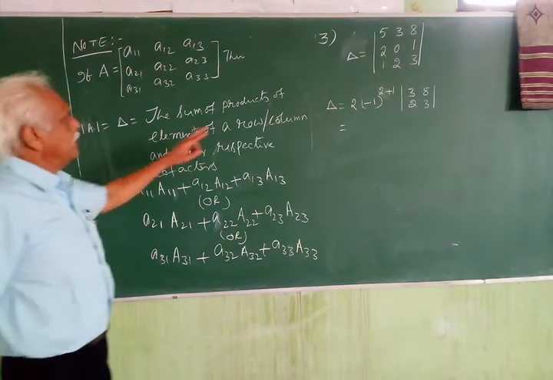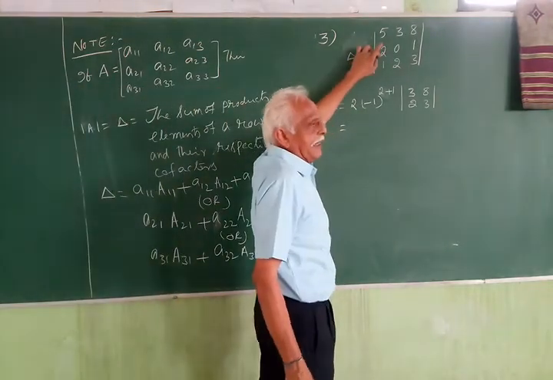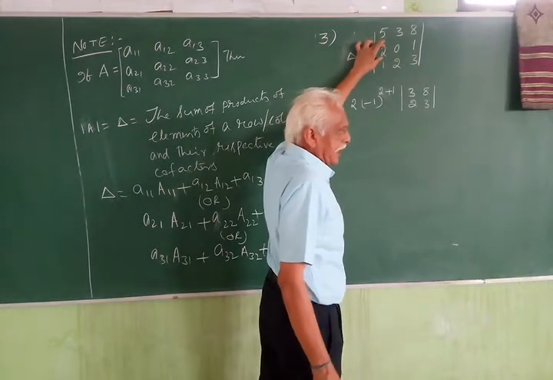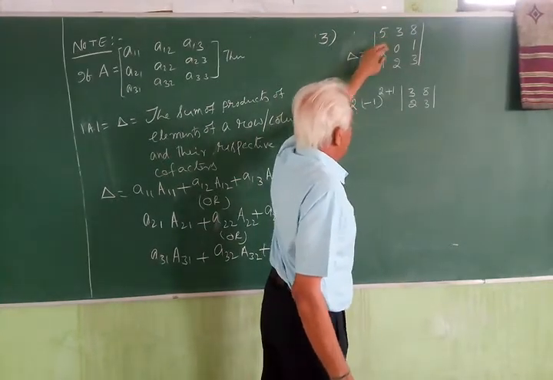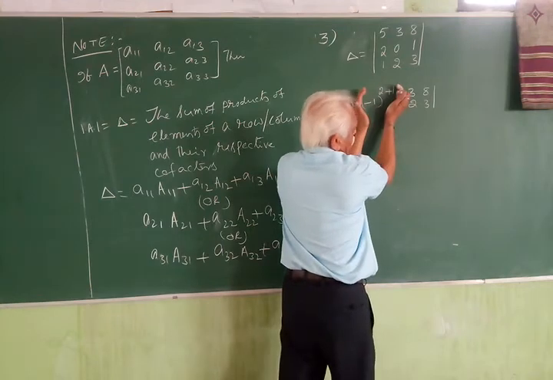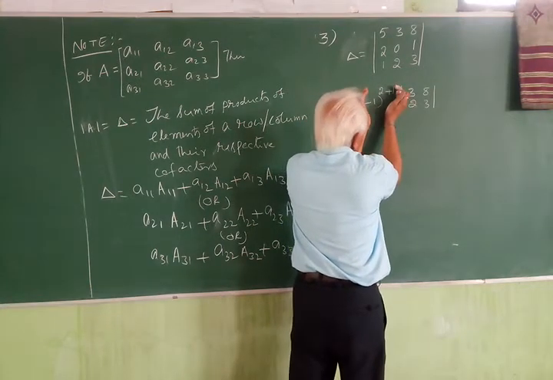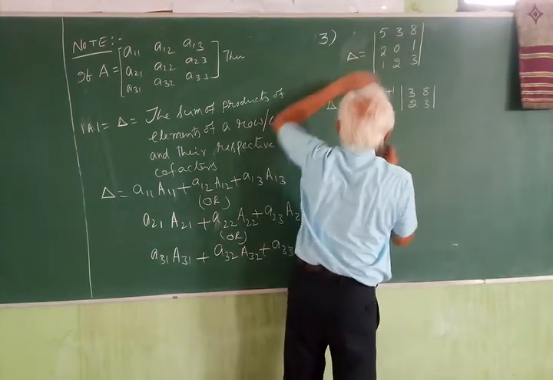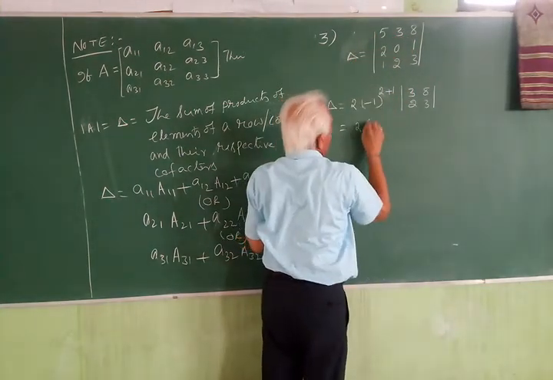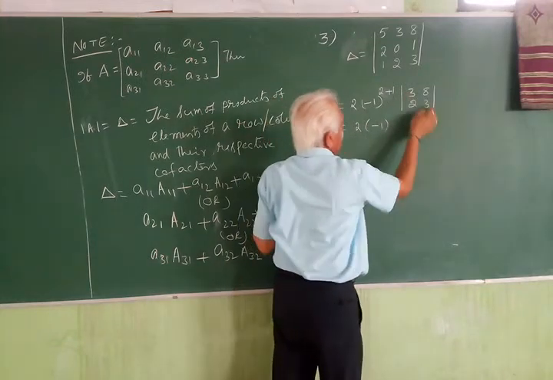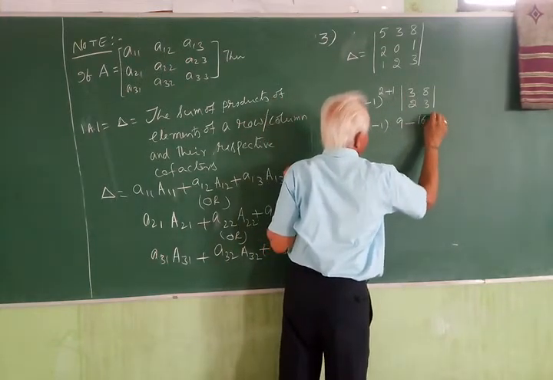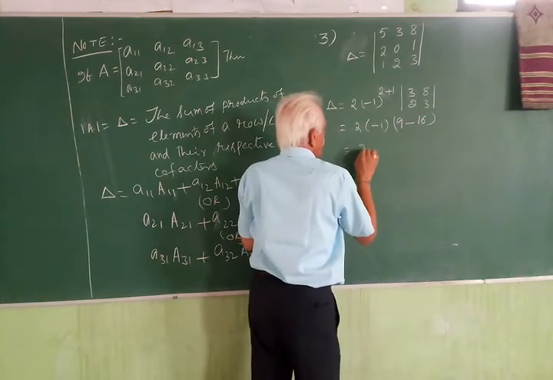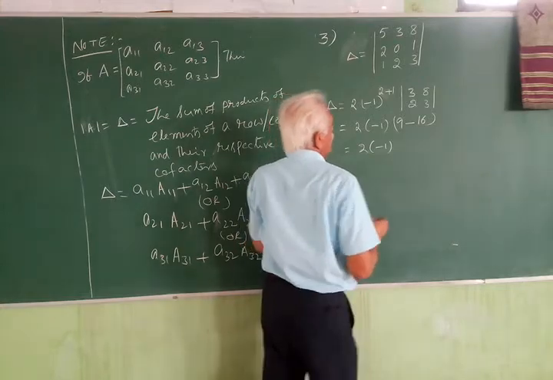Now, second row means this is the element in the second row, first column. This element into the cofactor of this is nothing but minus 1 power of i plus j into the minor value, meaning eliminating this row and column. So this is 2 into minus 1 into 9 minus 16, AD minus BC. 2 into minus 1 into